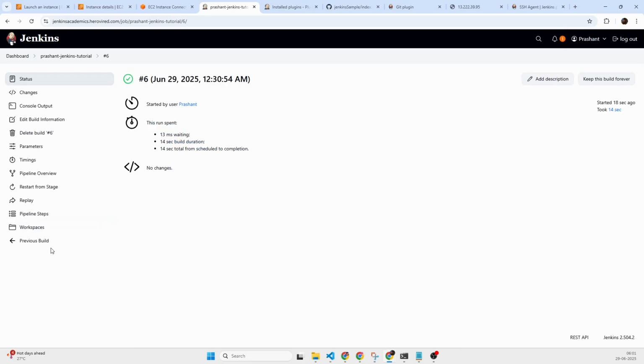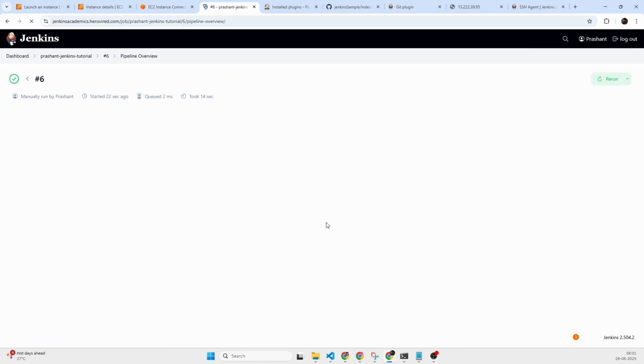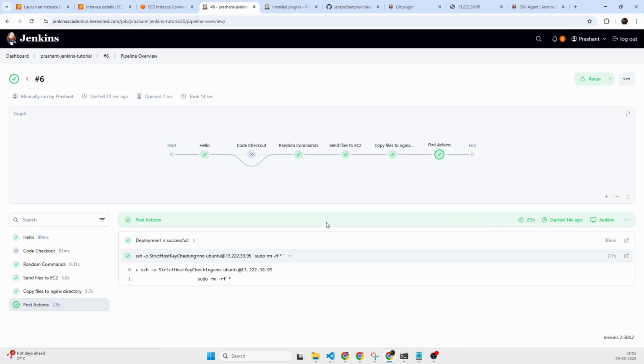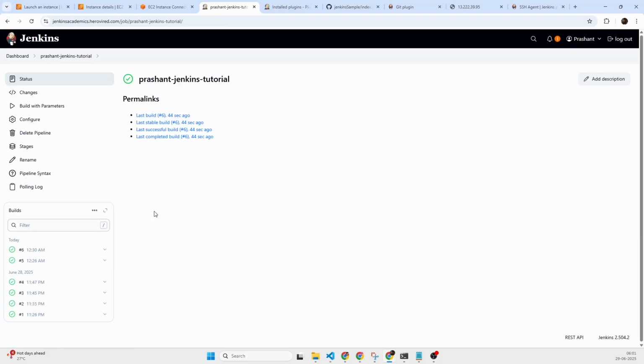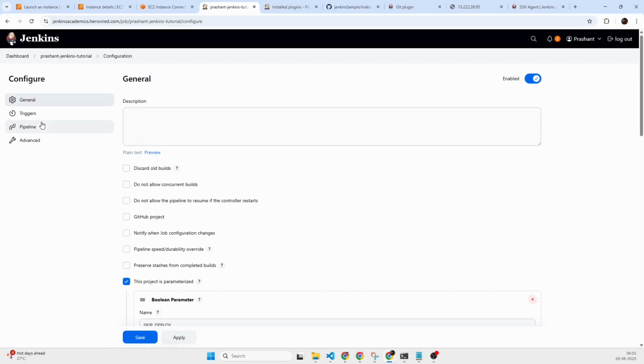Okay, so I think we have successfully executed. I can see the post actions are there. Now you can see the deployment is successful, and it also went ahead and cleared everything around it. So the post action got successful as well, and hence my total pipeline timing took around 16 seconds. Now let's go ahead and do some processes